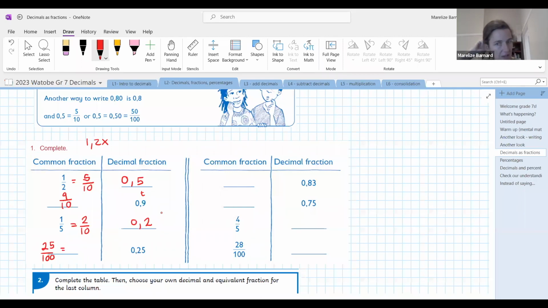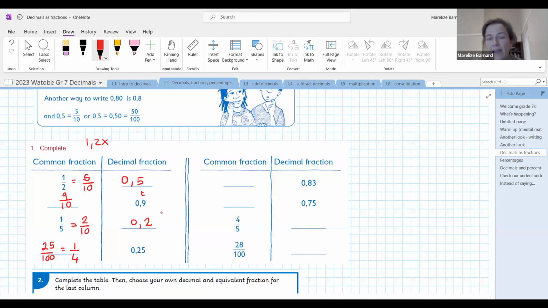Put your answer in the chat if you are simplifying it down. Nice. We can simplify it down to a quarter because 25 can go into itself once and into 100 4